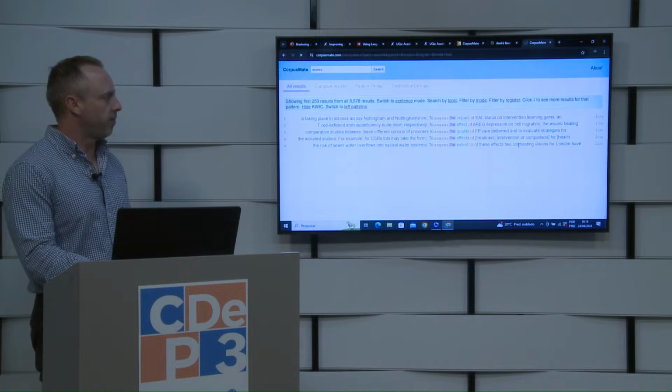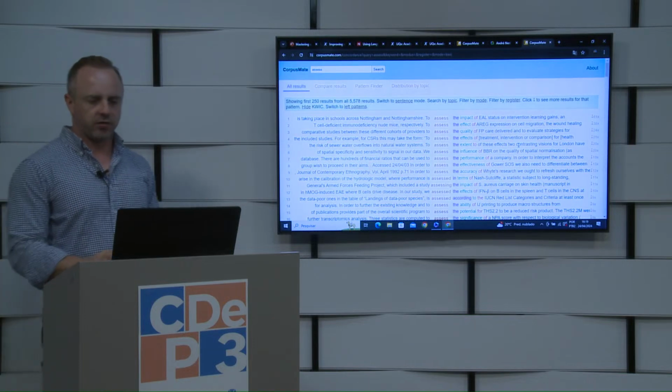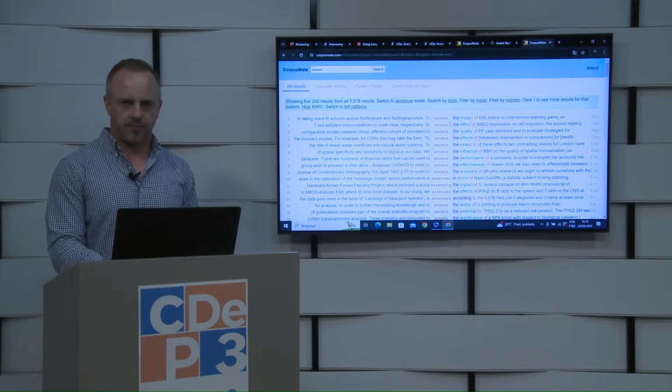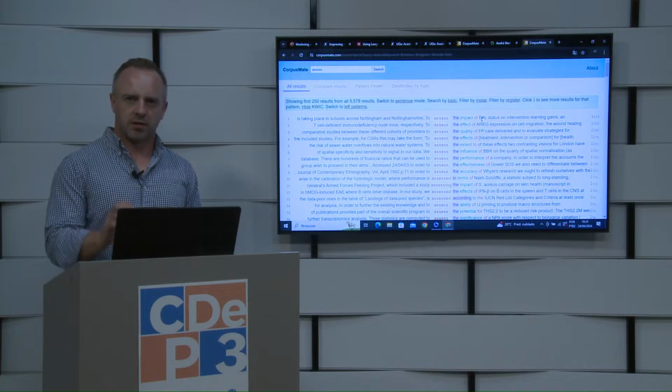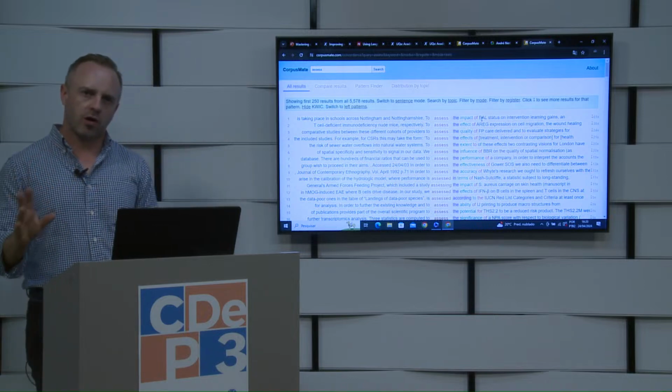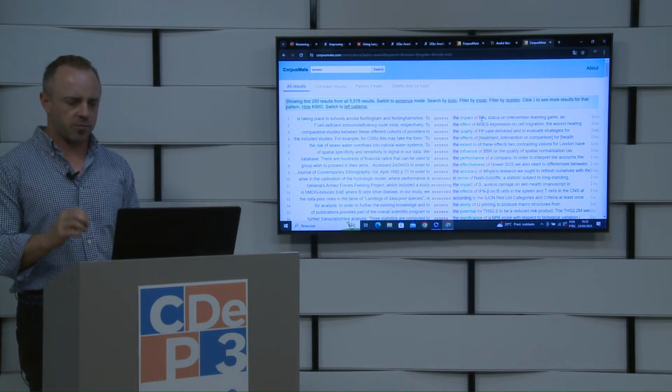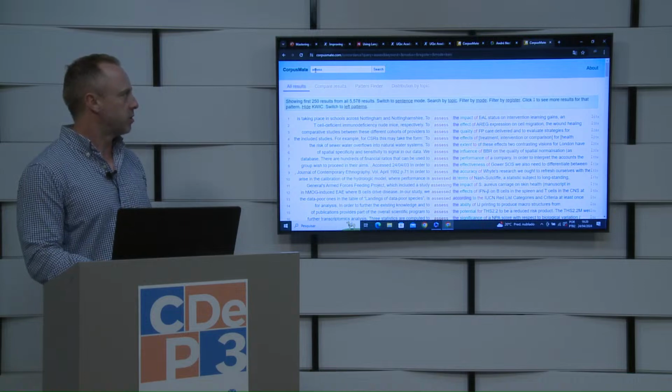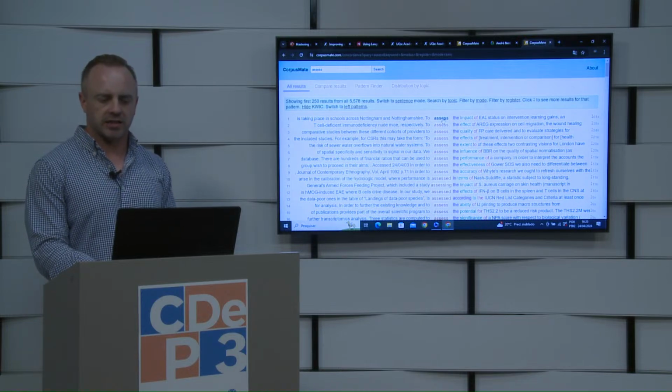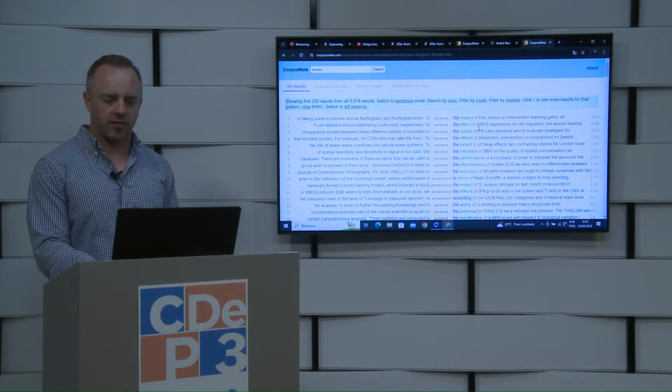When I search for a term, I will be taken to the concordance screen, and the concordance screen gives me these results. The results are organized by the most frequent 4-word combination in which my search term appears. So in this case, I've chosen the word assess. The most frequent 4-word combination of assess is assess the impact of. The second most frequent construction is assess the effect of, assess the quality of, and more.